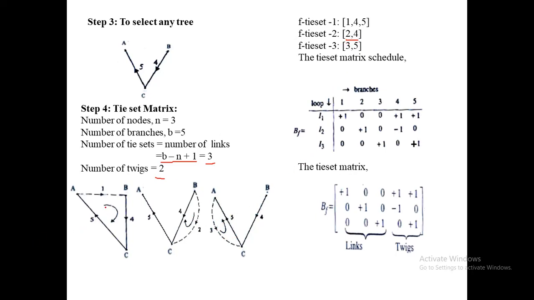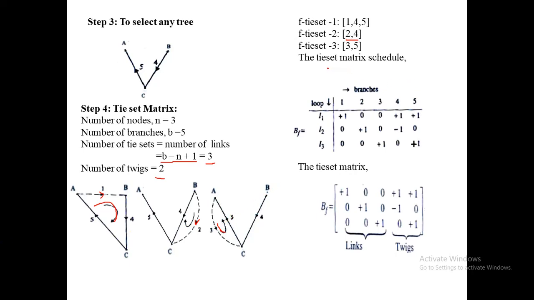Here, how can we choose this direction? Loop direction is based on the link branch direction. Here, this is the link. We know that links are the remaining branches of the tree. Here, this direction is this way, so we choose the loop direction as clockwise. Here, this link direction is downward, so we choose the same clockwise direction. Here this is also downward, but we have to choose the loop direction as the opposite, anti-clockwise.